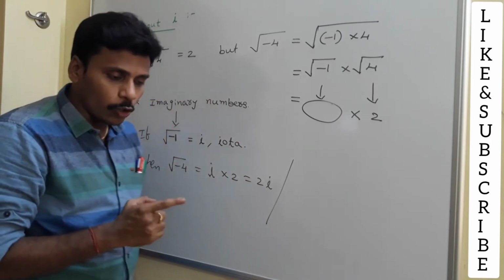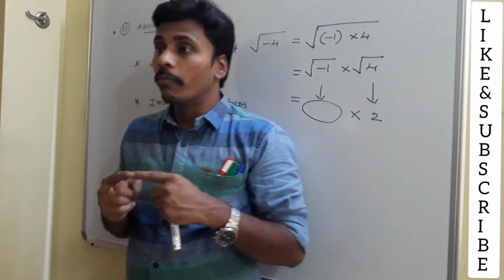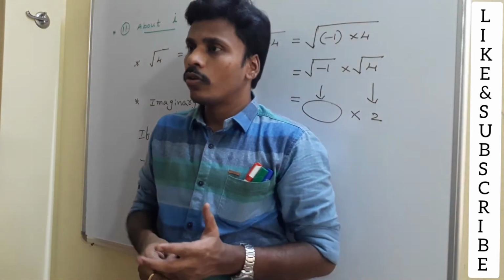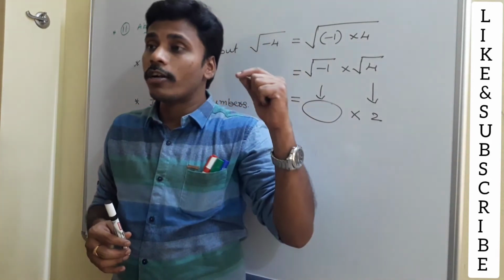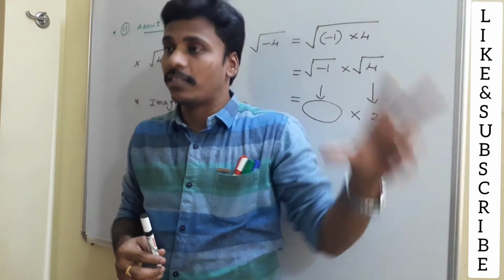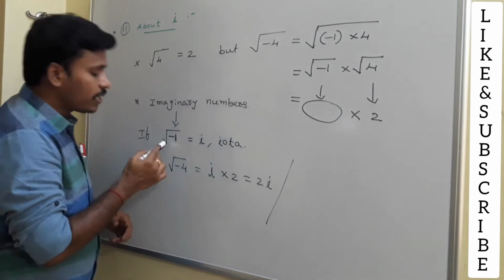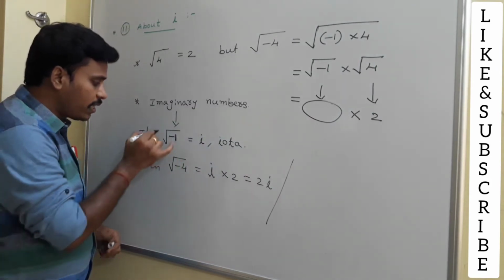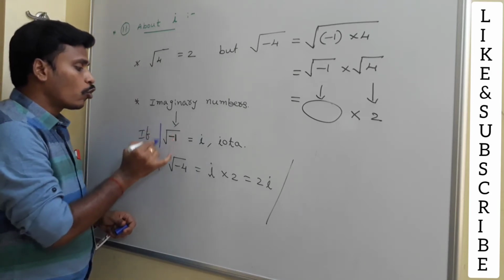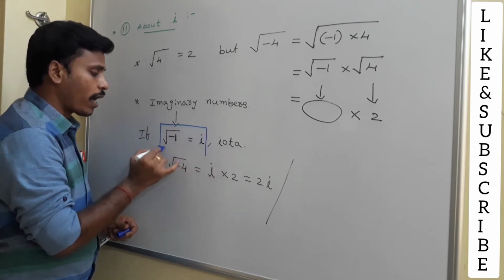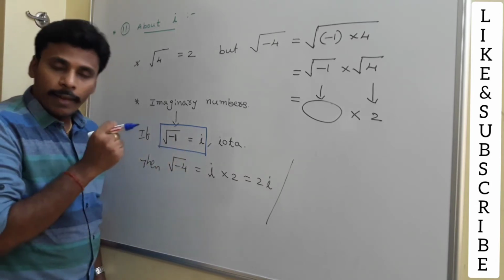Once again I am repeating, the square root of a positive number is real, but the square root of a negative number is not real, right? So is there any value for the square root of a negative number? See, that thought process developed an imaginary system, right? So those imaginary numbers are this. Root of minus 1 is the imaginary quantity. This is the fundamental item of those imaginary numbers. Root of minus 1 equals i is the imaginary quantity,